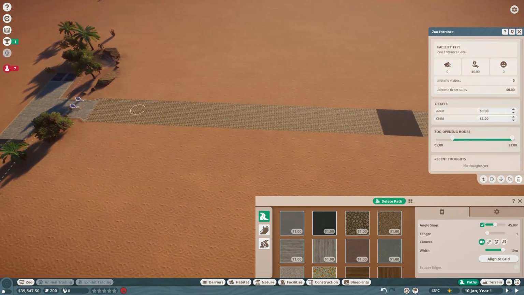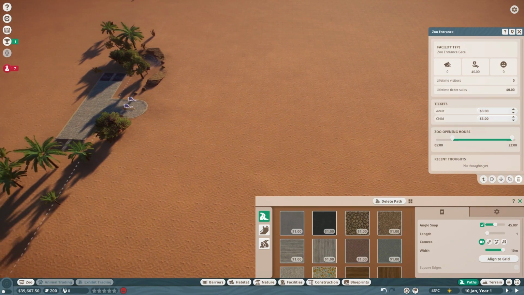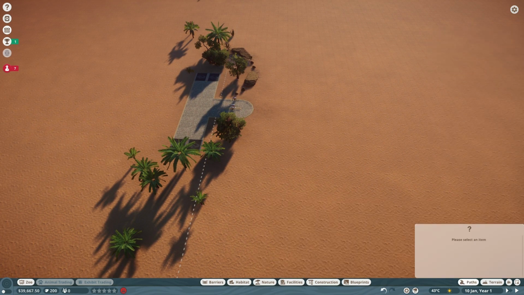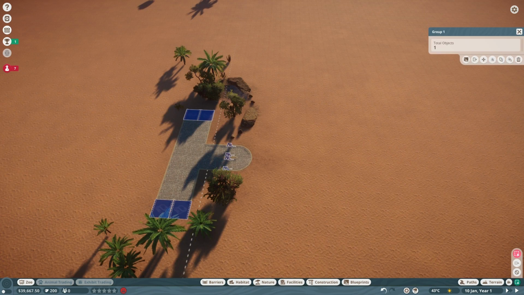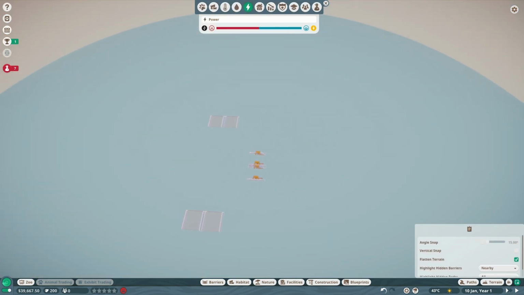Now we're going to delete all of this pathing because that's unnecessary now. And then we're going to move these two entrances over. So we're going to go ahead and... No, go back. We're going to go to multi-select, take both the entrances, which also includes the spawners, and we're going to move all of it to here. So we'll go ahead and place it like right...